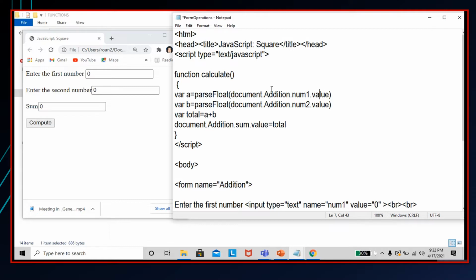So we have here, A should get the value from this document, from the form addition. And where is that form addition here? Because the name of this form is addition. We named it as addition. And then we have here num1 text box. So what does that mean? The first number will get,